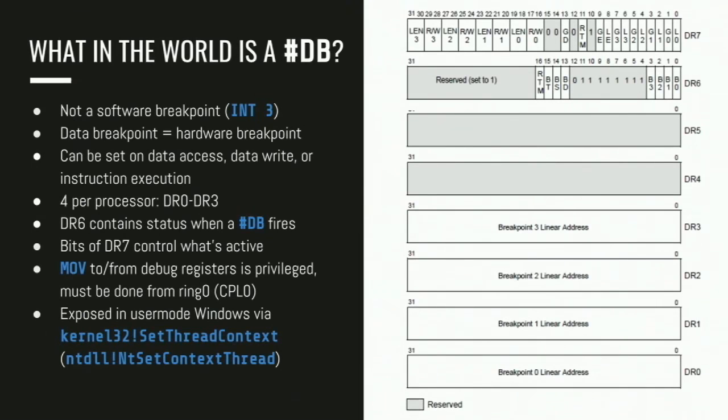There's only 4 of them on the x86 architecture. You can set them on access, read, and write. You only get 4 per processor. Every processor has its own view of hardware breakpoints. When a hardware breakpoint occurs, or when any interrupt fires, not just hardware breakpoints, execution is given to the kernel by the CPU, and we'll explain how that process works, but there's certain status bits in some other debug registers that explain what tripped and exactly how you can control these hardware breakpoints.